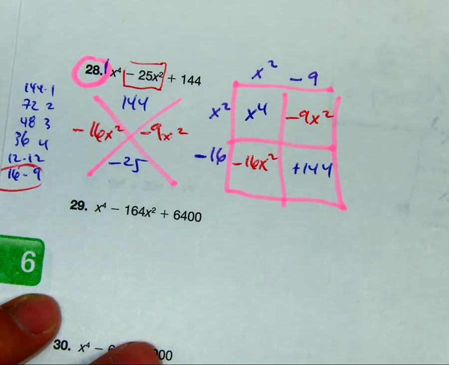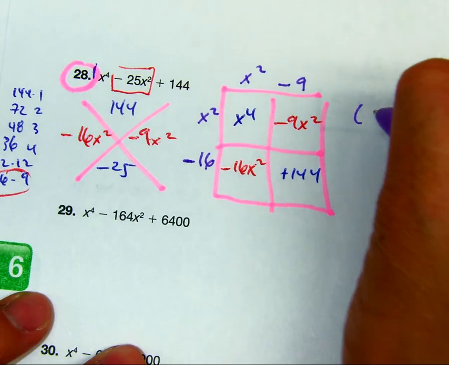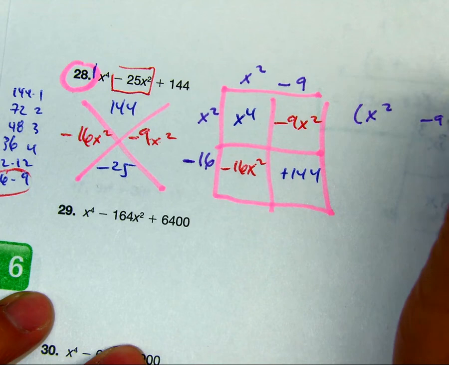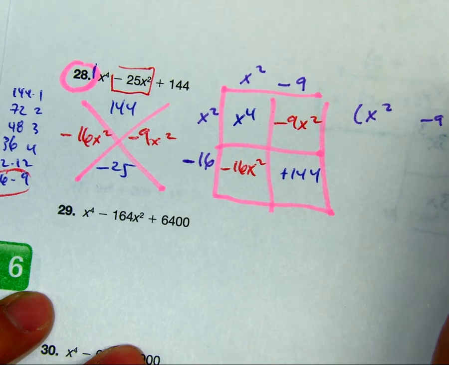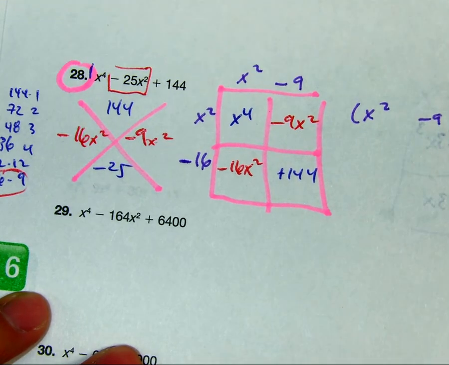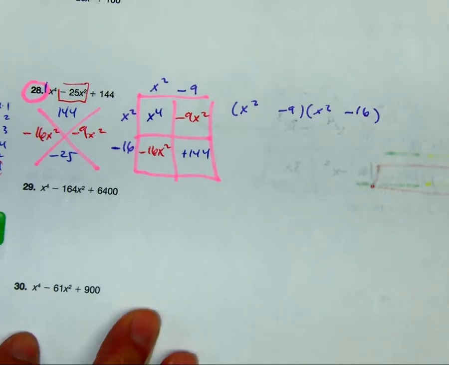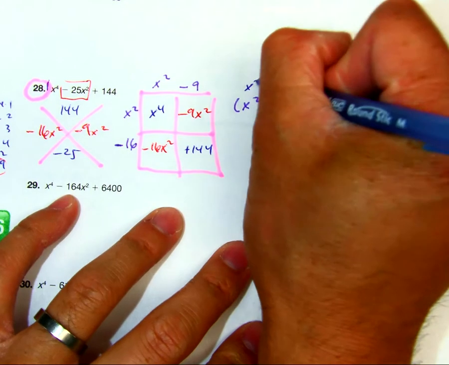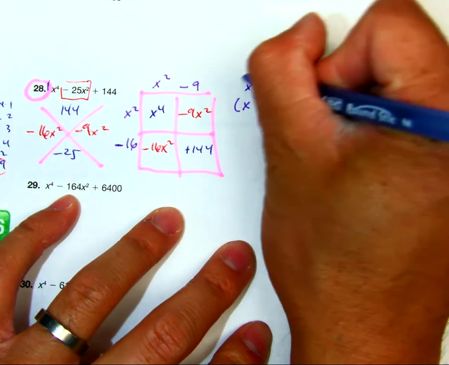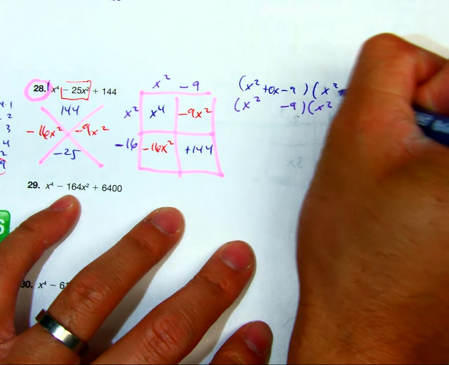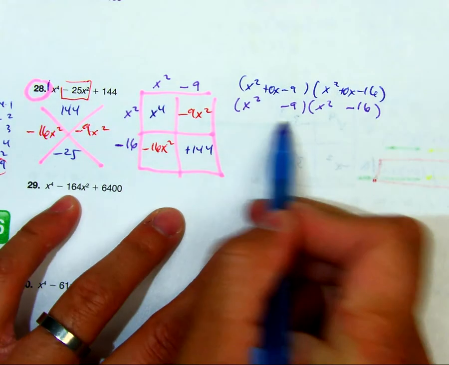Oh no, look what they did to us. What did they do? Ah, we got to factor again. Do you see why I put those big old gaps there? Oh, you don't see it yet. Do you see it? It's really a 0x minus 9 and an x squared plus 0x minus 16. So if you factor those again,